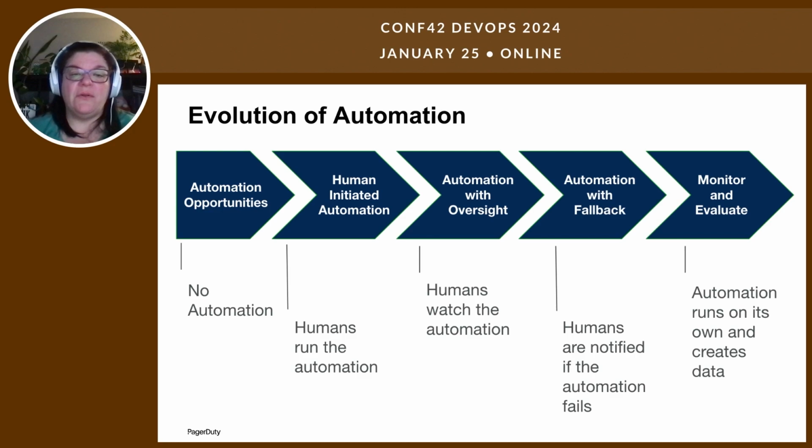Eventually, you might get to the last phase on some things: monitor and evaluate. Tasks get done with automation. Edge cases are pretty well managed. You don't get errors all that often. And instead of tasks coming in and creating tickets or alerts, they just create metrics. Rather than saying Brian and April cleared N requests for this error code this week, you might see this error code was completed by automation N times this week.